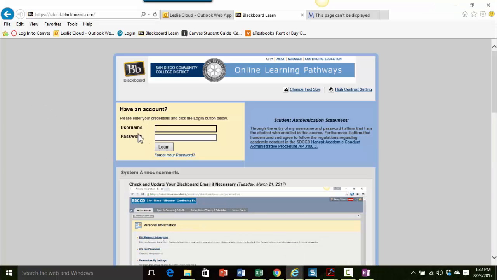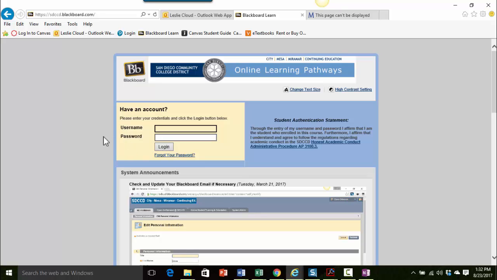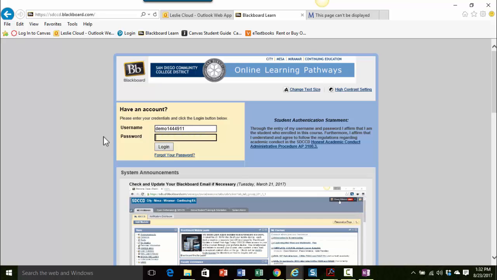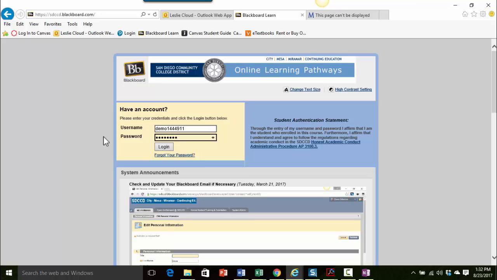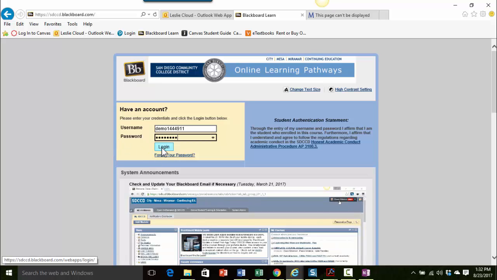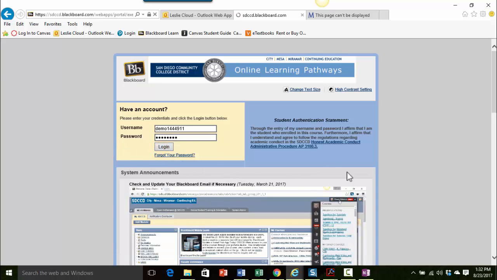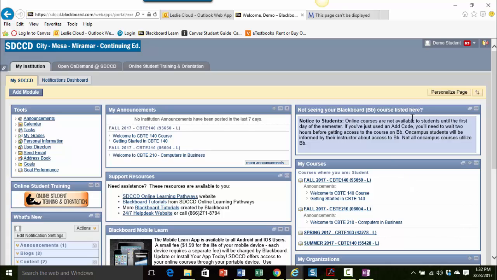So when you get here, you're going to put in your username and password. Mine is a little different because I'm just using my demo student account, but generally you're going to put in your student ID number, and then your password is usually your birth date, and you want to make sure that you use all of the numbers. So 2 for the day, 2 numbers for the month, and then 4 numbers for the year. So once you get that information put in, let's go ahead and click on Login,